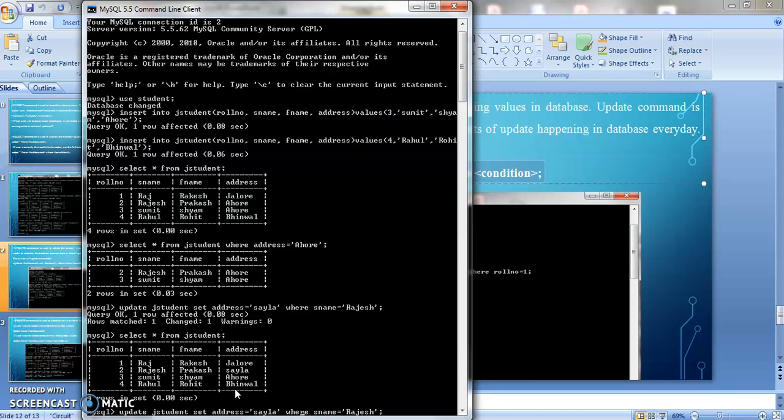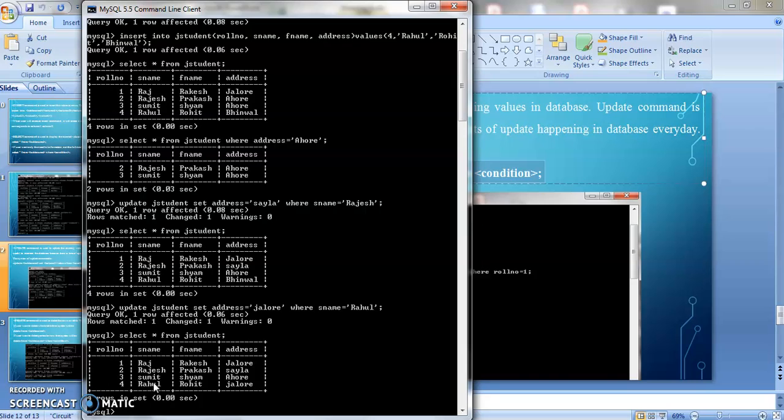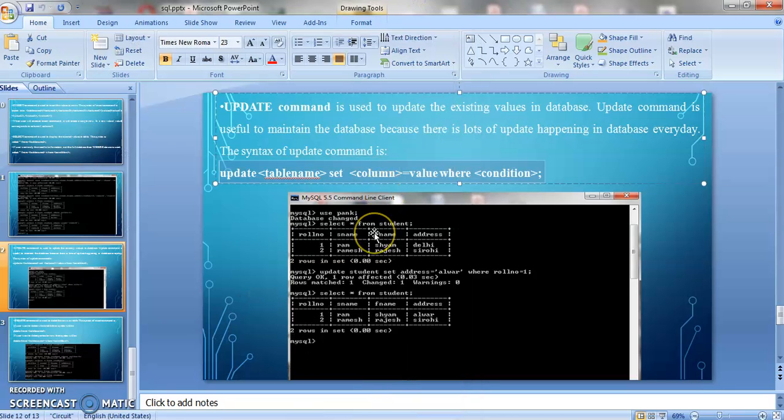So I will put the address here, Jalore, for the student Rahul. Press enter, and then I will use select star. See, here the address of Rahul has changed from Bhinmal to Jalore. So this is the update command, and for reference I have used a snapshot. You can take advantage of this snapshot.